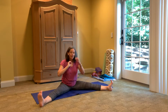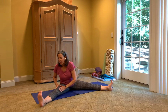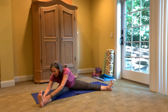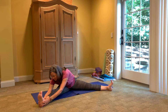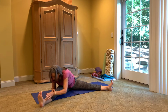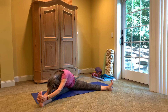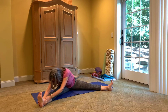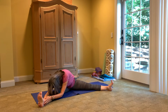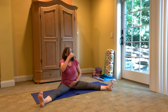This time when we go over to the right, we're actually going to turn our torso and fold into that right side with your strap or your hands, walking down the leg towards the foot. With each breath, folding a little bit deeper and walking back out of that. Coming up to neutral,